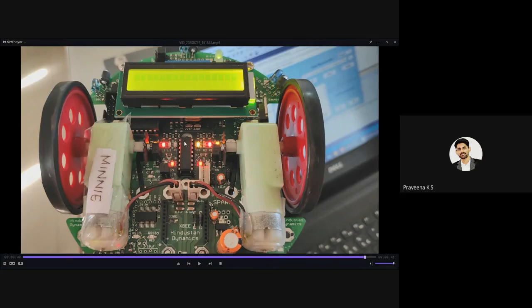This is the L293 IC, which is a driver IC. From this, the driver output pins are connected to the DC motors. Here you can see the DC motors. Its input pins are taken from the corresponding controller. And to show the different directions, we also have LEDs of different colors.